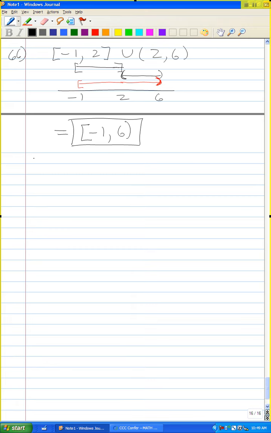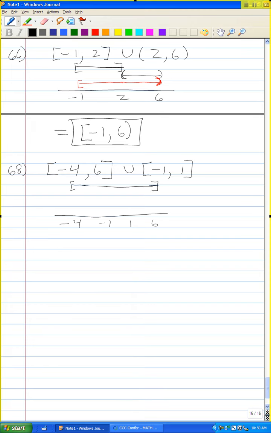Let me do problem 68. The closed interval -4 to 6, union the closed interval -1 to 1. And so I have here -4, -1, 1, 6. So I go from -4 to +6, and from -1 to +1. So the union